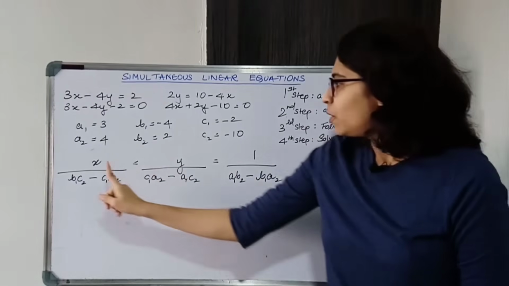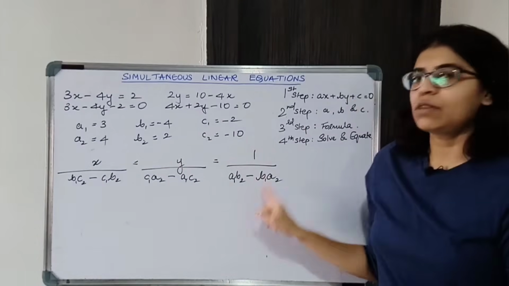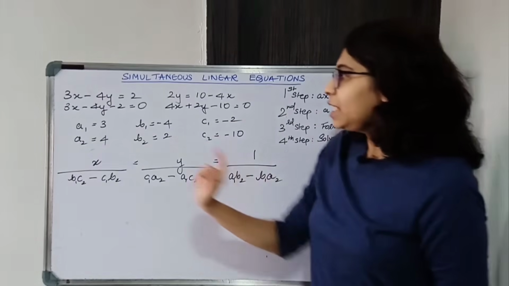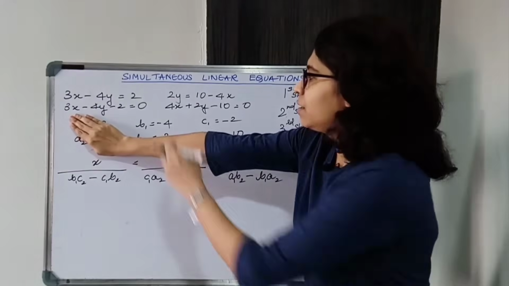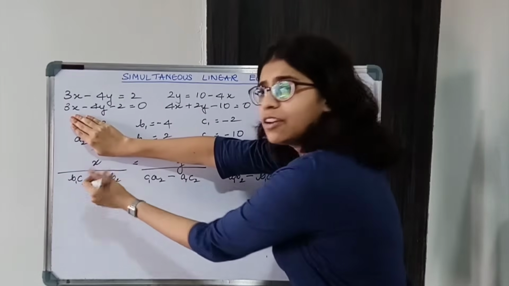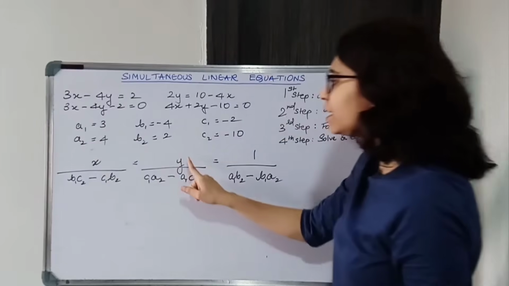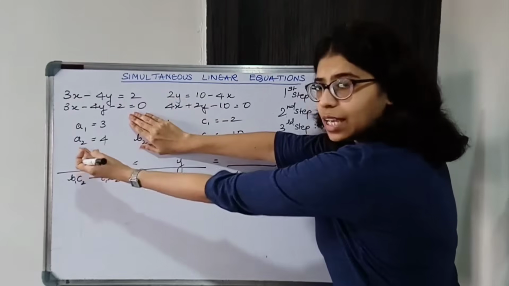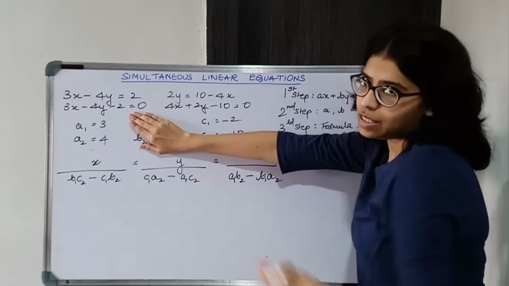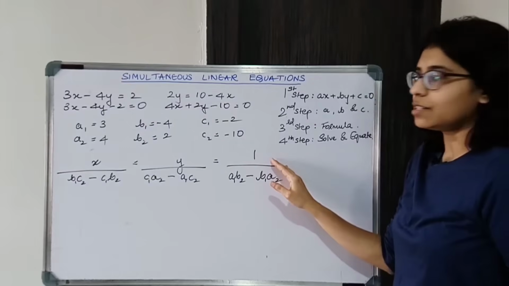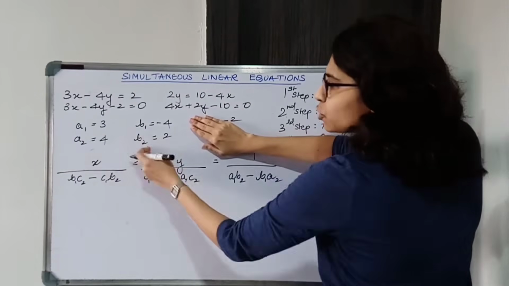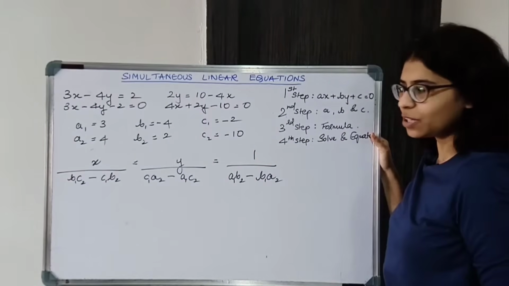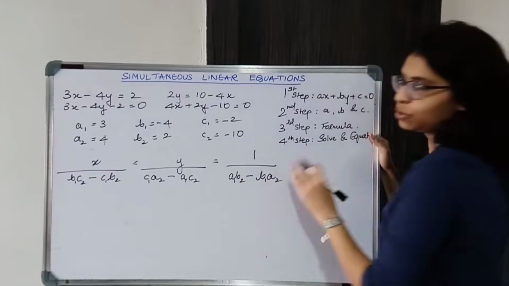Okay, so x upon something is equal to y upon something is equal to 1 upon something. Now how will you write these denominators? I'll repeat, x के साथ a होता है, forget a के बाद आएगा b and c, so bc and reverse it, minus cb. Then y upon, y के साथ b होता है तो b के बाद क्या आता है, c and a, so ca and reverse it, minus ac. Now comes constant. So constant क्या बच गया, a and b. So AB minus reverse it BA. Okay, then you will put 1 2 1 2 throughout.